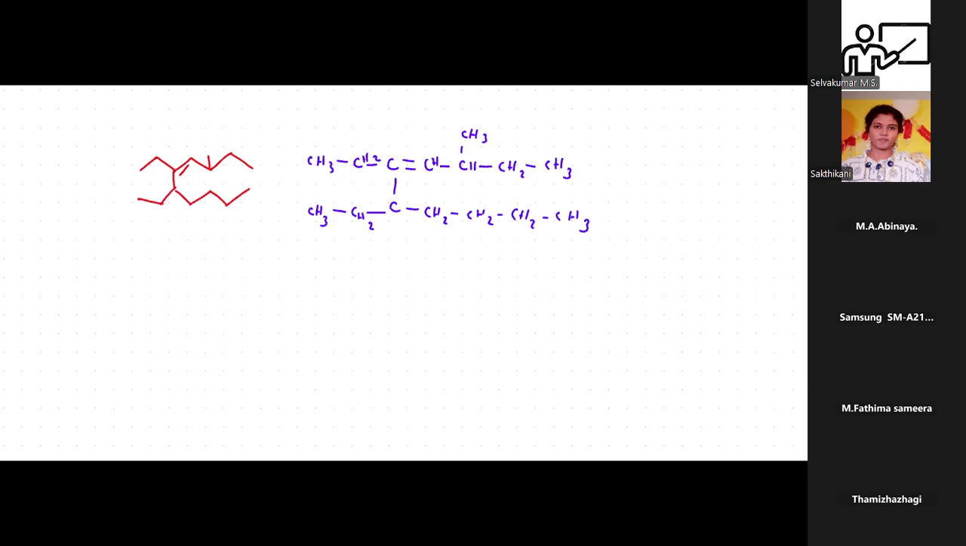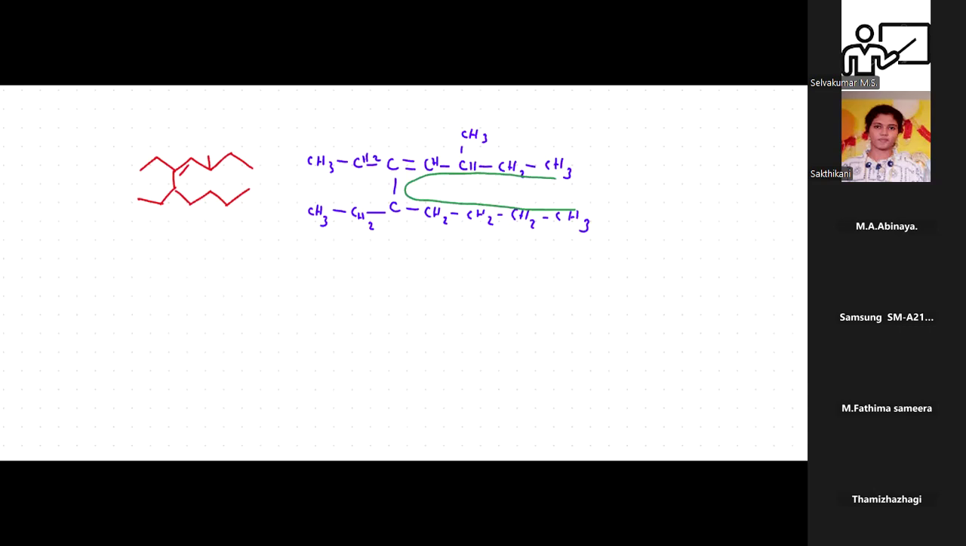1, 2, 3, 4, 5, 6, 7, or 1, 2, 3, 4, 5, 6, 7, 8, 9, 10. I think this is the longest chain. This chain is the longest one. So the longest chain can be linearly written so that we can find out the name easily. So I start from here,